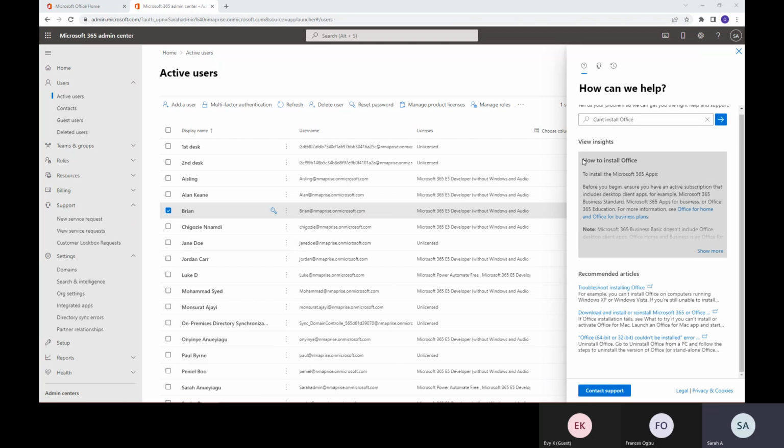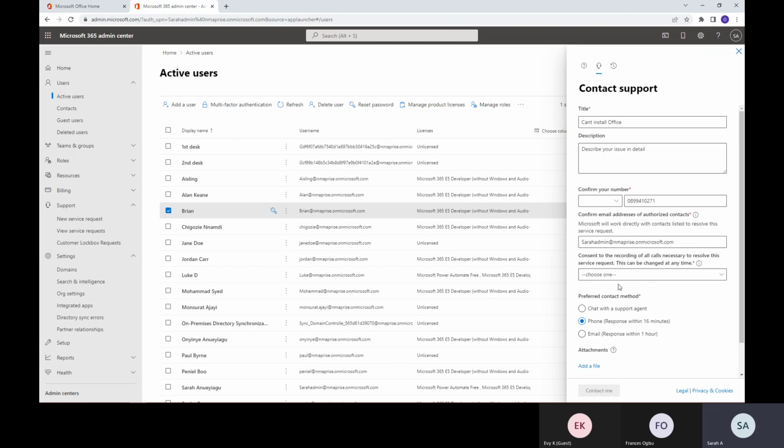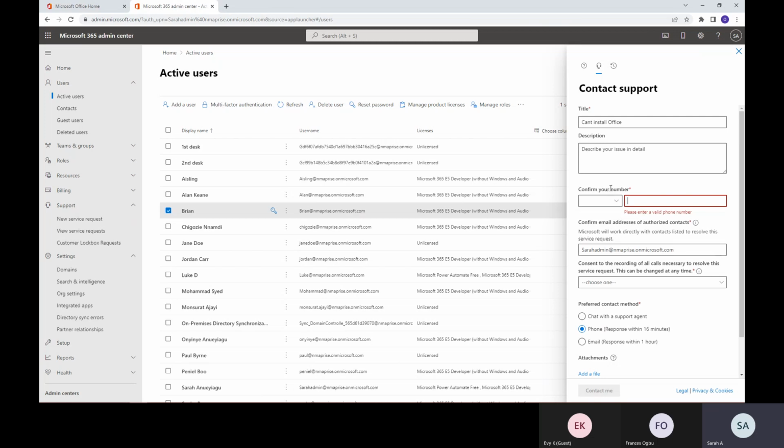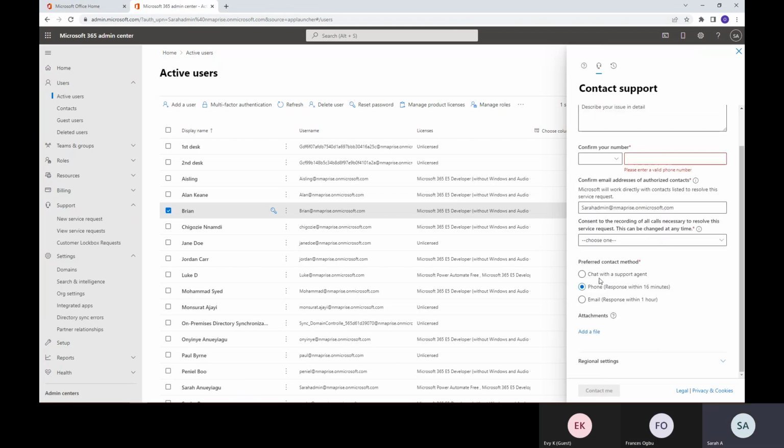But if the insight they gave you is not enough, you now click on contact support. So now is where you describe your issue and put your phone number. You put your phone number, describe your issue in detail, and you now see the three